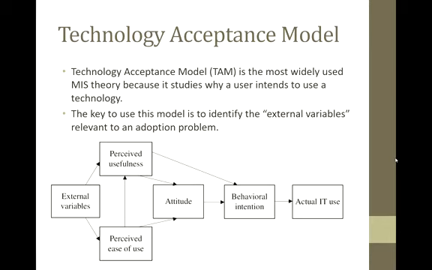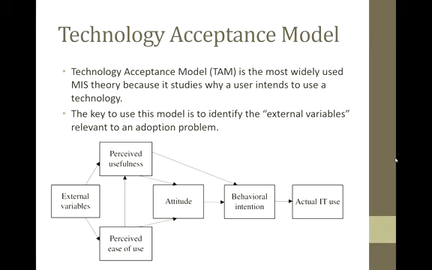Those are the technical features. The more features, the better the functionality, and the better the usefulness of that particular cell phone. So how many features, or how important that particular feature is, becomes an external variable influencing your